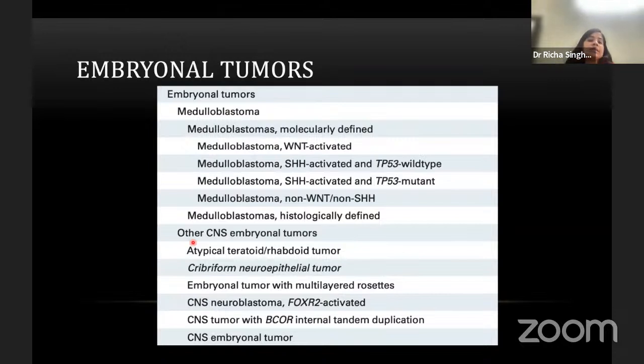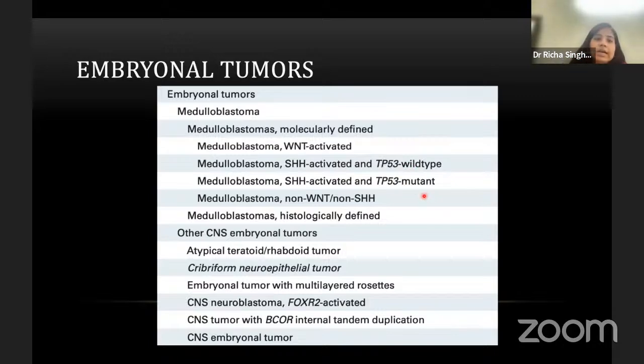Now, embryonal tumors. In embryonal tumors, the PNET term was omitted in 2016 classification. Medulloblastoma were molecularly defined in that classification. The differences are that there are certain newer entities as well as the histologically defined medulloblastomas. They are grouped together, and the SHH activated medulloblastomas have been divided into TP53 wild type and mutant subgroups in